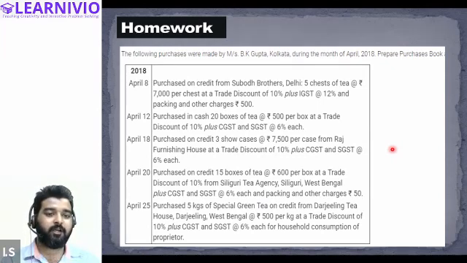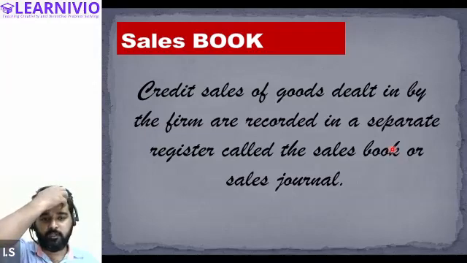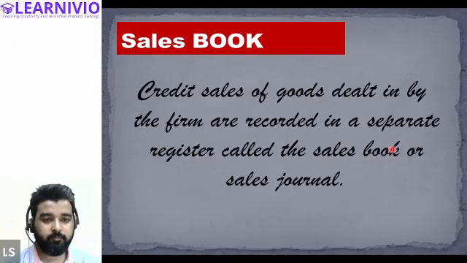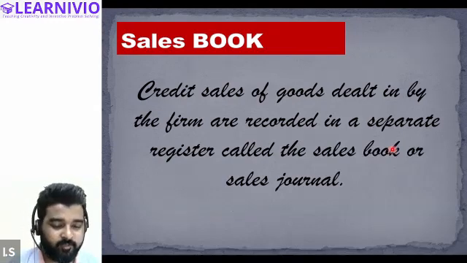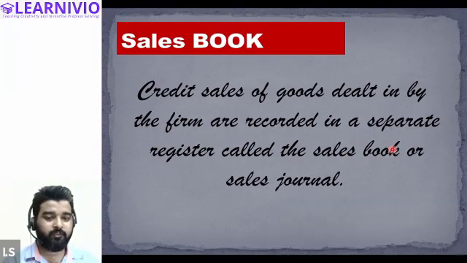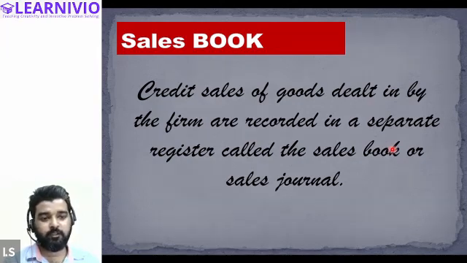All right, let's start with the other topic. In today's session, we will be discussing the sales book. Sales book is similar to the purchase book, but the only difference is that the sales book is maintained for recording transactions relating to credit sales of goods dealt in. So let's suppose I have a furniture business and I am selling furniture on credit basis, then I will record all the credit sales in the book which is called the sales book. So the sales book will record all the credit sales of the goods that we deal in.